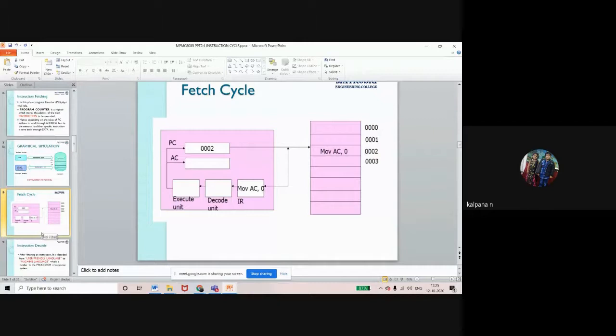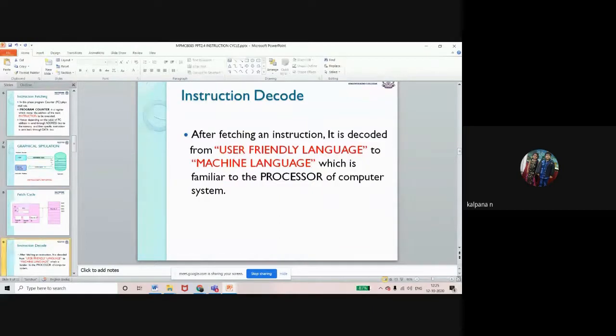Understand instruction fetching? Next, the second step is instruction decoding. What does instruction decoding mean? We write instructions in assembly language programming, a user-friendly, English-like language, but the processor cannot understand assembly language. Then what do we need to do?